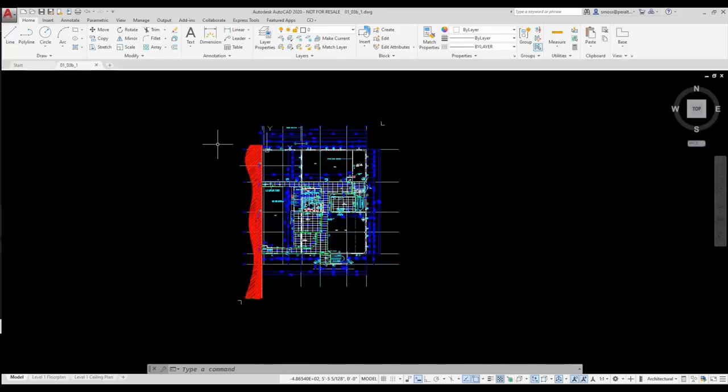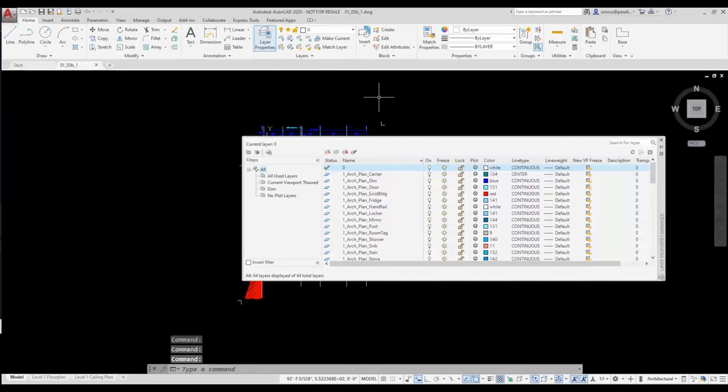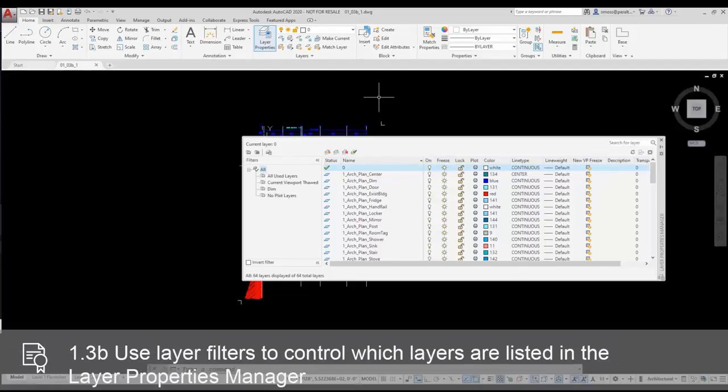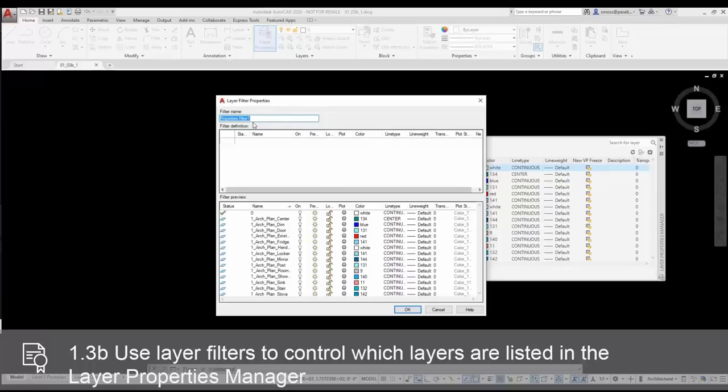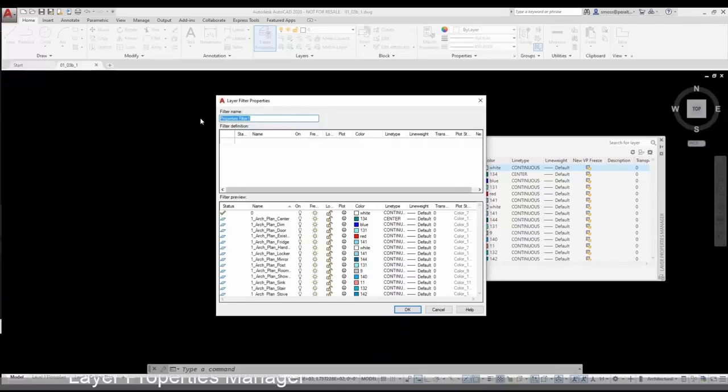I'm going to open the Layer Properties Manager. I have some layer filters already defined. I'm going to create a new Properties filter. I right-click in the Layer Properties Manager and select New Properties Filter. The Layer Filter Properties opens. For this filter, I'm only interested in the level 1 floor plan. I name my filter